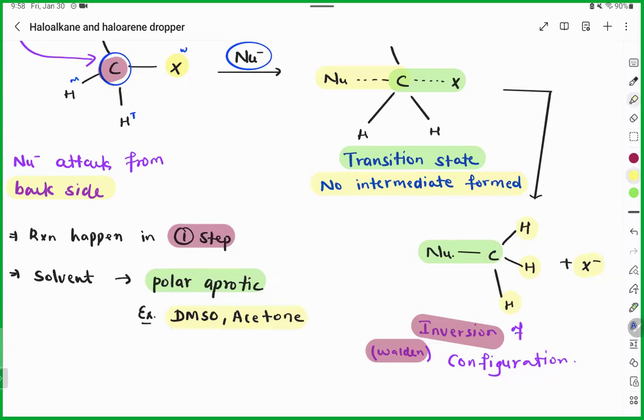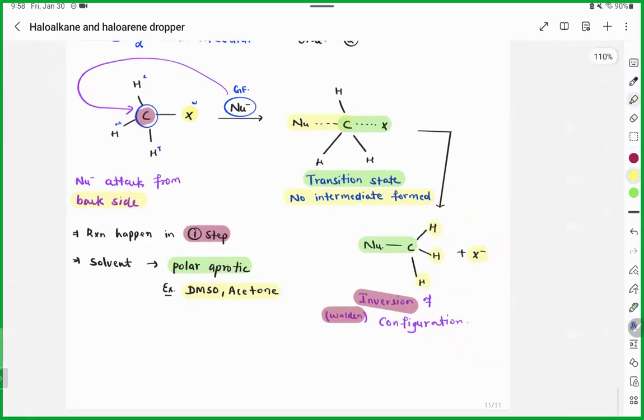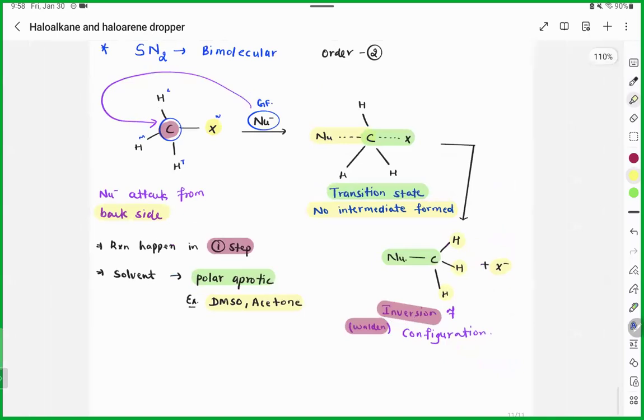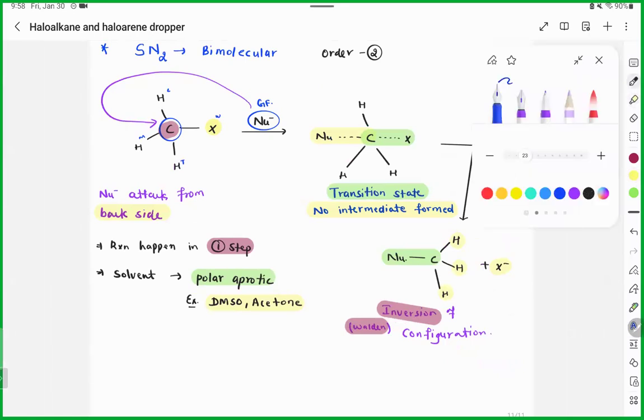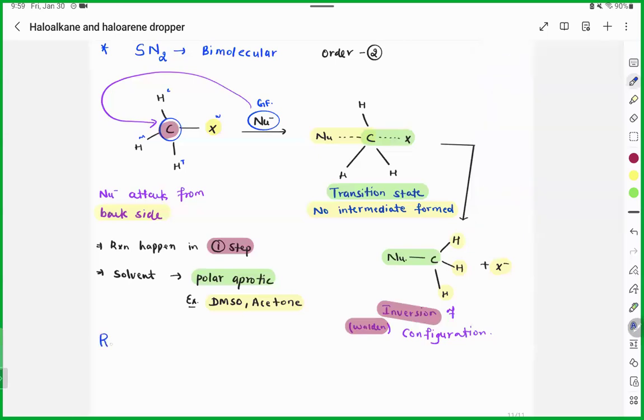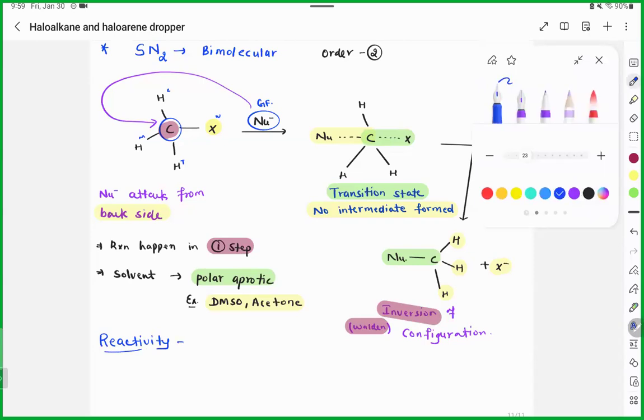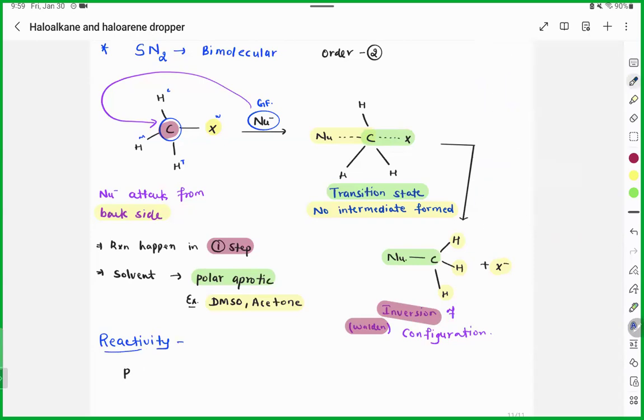Right? Now this is the main reaction. Now we have to create a story about the other behavior also, like the reactivity order. If you see the reactivity in this situation and you take different halogens, which one will be more reactive? For example, if you take RI, RBr, RCl and RF,